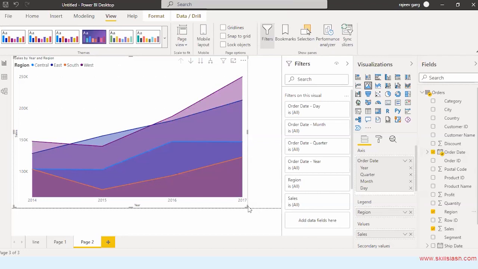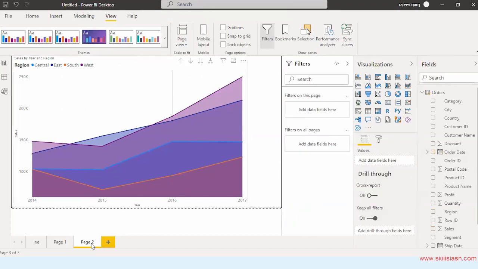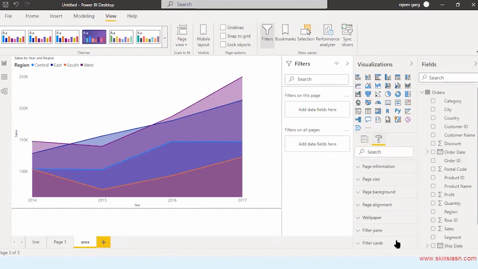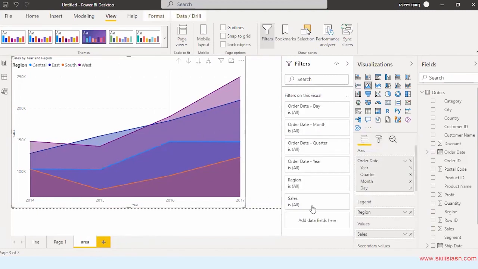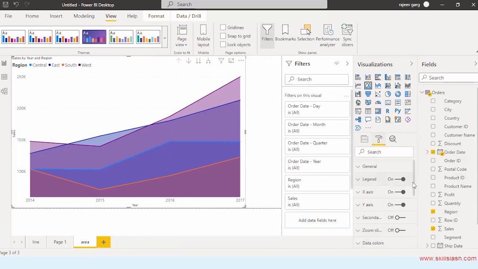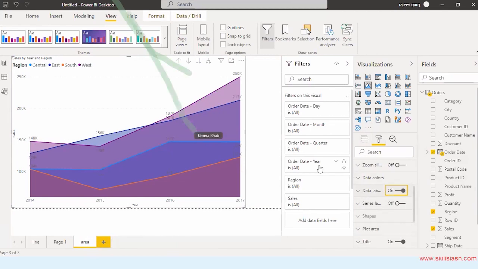Clear? So this is a line chart or area chart over here. Similarly, if you want to display the data labels, just select it, go over here, and you can display the data labels over here.